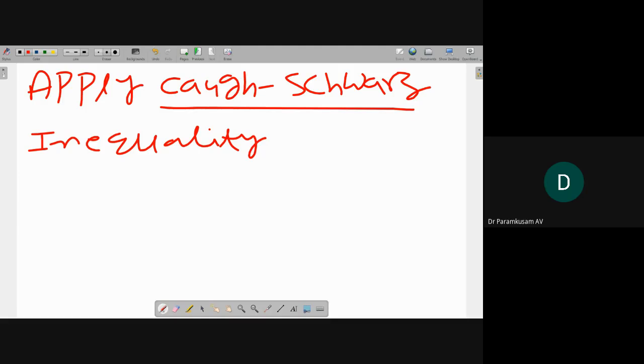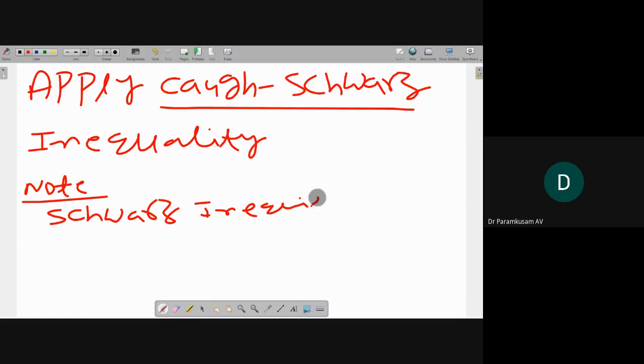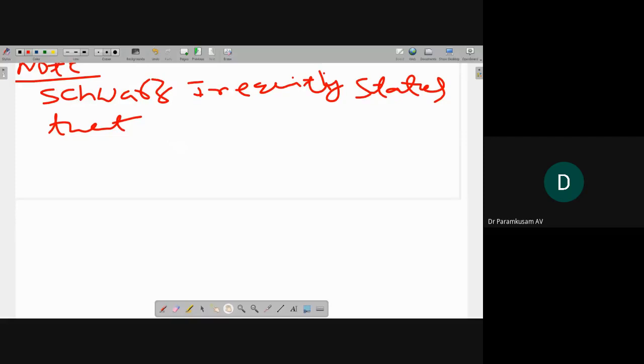Schwarz inequality. Note that the Schwarz inequality states that, suppose